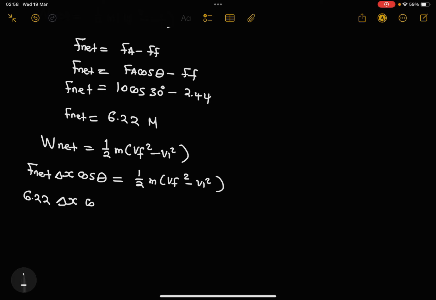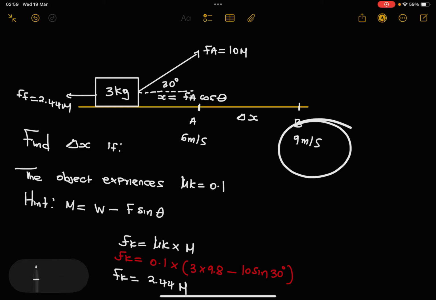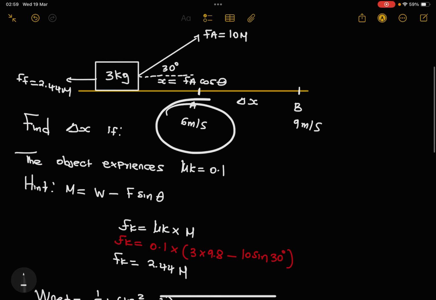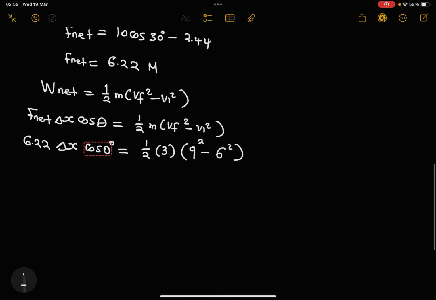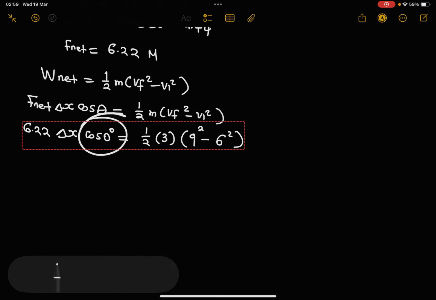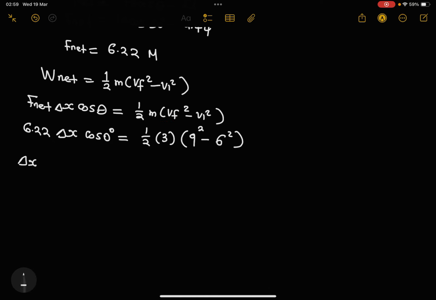And we're just going to have the cos of 0 degrees equals 1 over 2. The value of M is 3. What about V final? V final is actually 9 squared, right? So I'm just going to write my 9 and then square it, minus V initial, which is 6, and I'm just going to square it as well. So it's just going to be 6 squared. By the way, the cos of 0 degrees is 1. You might have shown that. So it's the same as change in X,